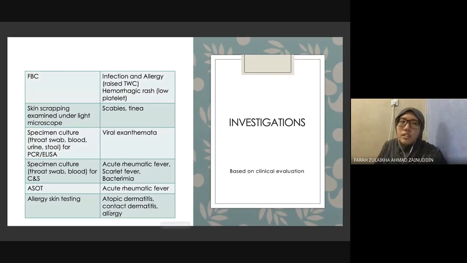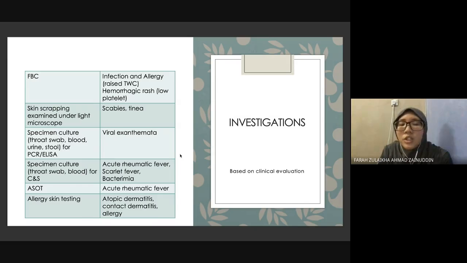And next is investigation. Investigation actually depends on our judgment whether we want to investigate it or not, because usually the diagnosis is based on our clinical findings. For investigation, FBC can tell us whether it is an infection or allergic reaction. It could show raised total white cell count, hemorrhagic rash and low platelet. For specific rashes such as scabies and tinea, we can do skin scraping and examine under the light microscope. For viral exanthemata, we can confirm it by sending specimen culture like throat swab, or blood, urine or stool for PCR or